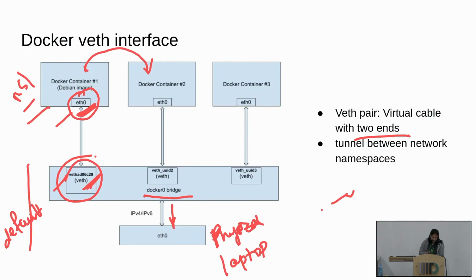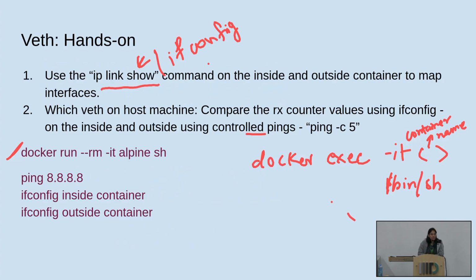That is the interface. This is the other side of the veth pair that is running on your physical machine. If you want to really see whether it is actually being used, inside your Docker container just try accessing the internet using a ping command. If you want to keep count of the number of packets being sent, you can use ping